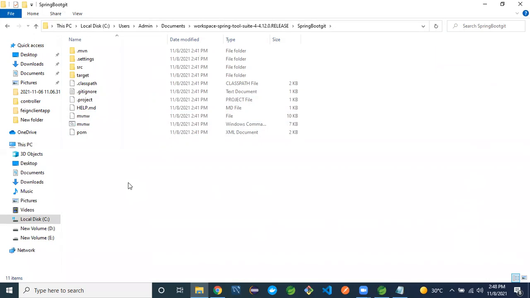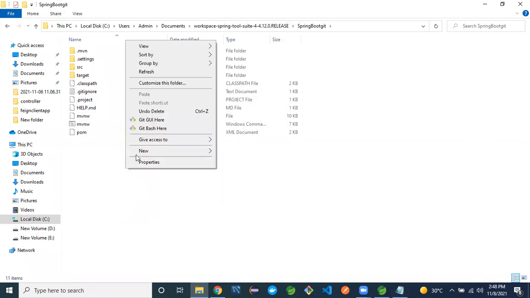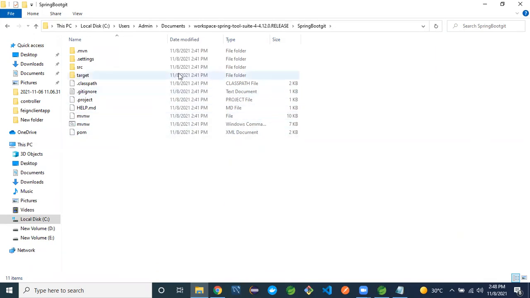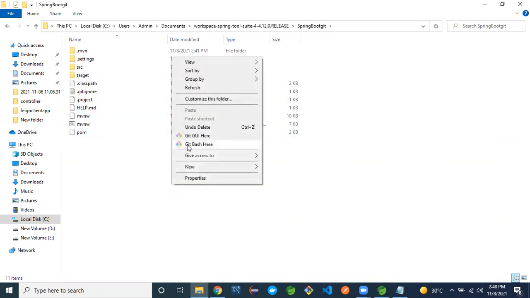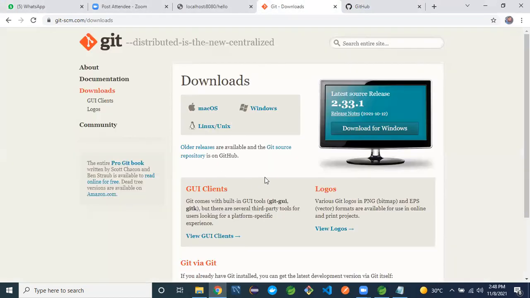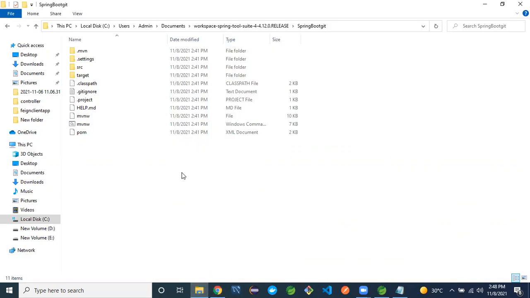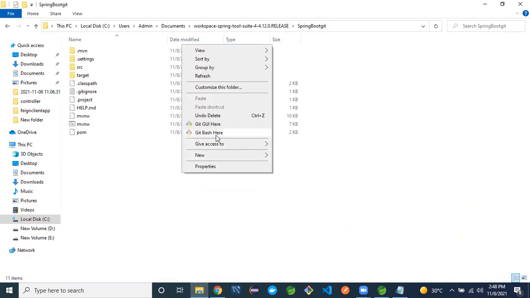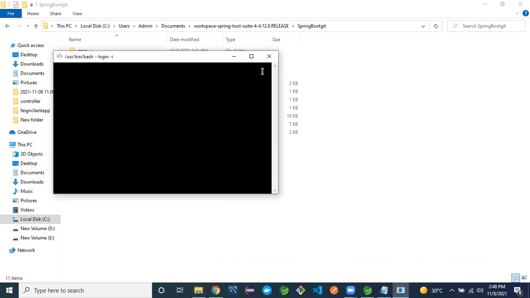Once Git is downloaded, right click anywhere here and you will see the Git Bash option. It is available once Git is installed. Click on Git Bash here.